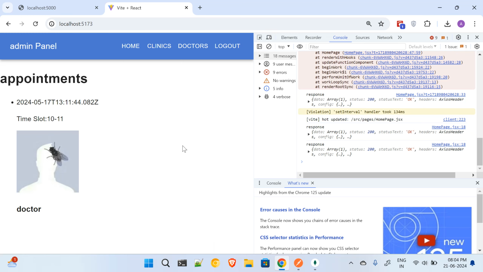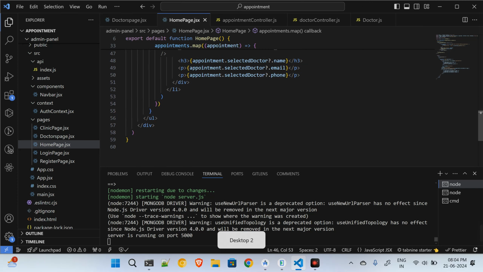Okay, so the doctor's image is coming. So this much data is enough. So whatever appointments you have scheduled, you will see them over here. And